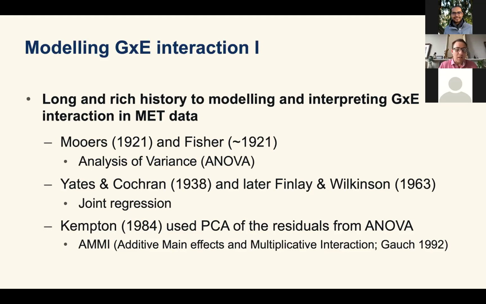So it's more used as a surrogate for a more complex set of covariates underlying your environment. Then there was also a push at a similar time to get more interpretation from GxE analysis. You've modeled it in such a way, but what can you actually do with it? As a plant breeder, how do you use it? So you then went through PCA type approaches, which was AMMI, where you visualize the residuals from ANOVA in a PCA type manner, popularized in 1992. So like I said, we've come a long way and we're still going.